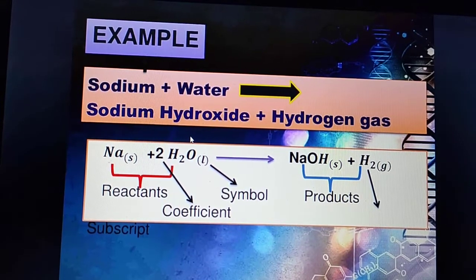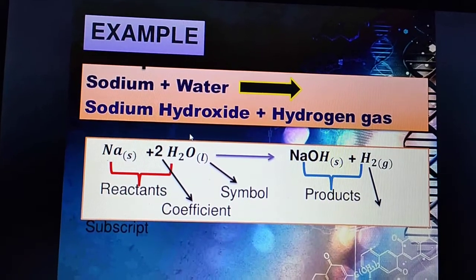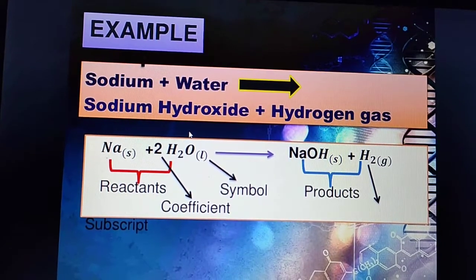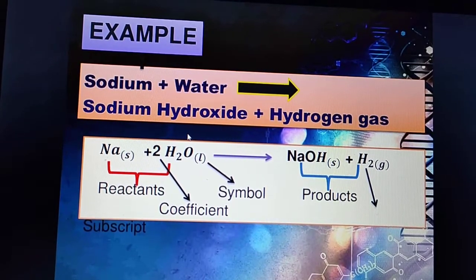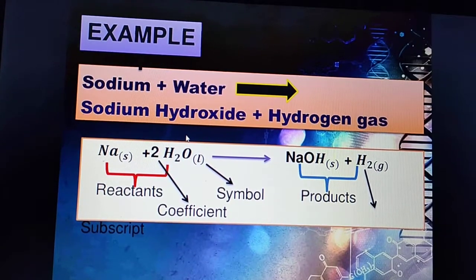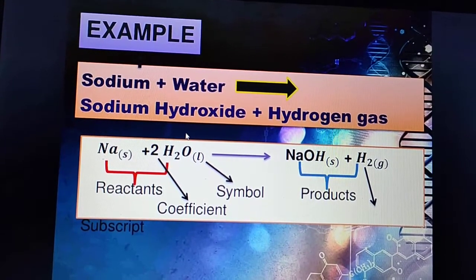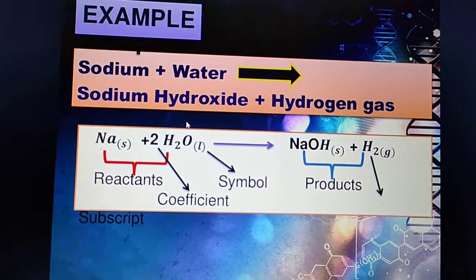I'm writing over here under bracket s, that is solid state. Sodium is present in solid state, water is present in liquid state, sodium hydroxide is present in solid state, so that is why I have written under bracket s, and hydrogen is present in gaseous state, so I have written under bracket small g. Now you see that it is balanced or unbalanced, so you have